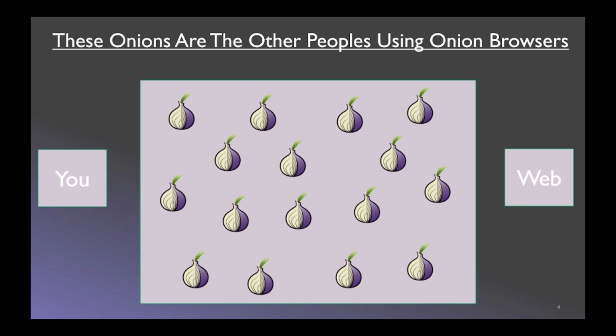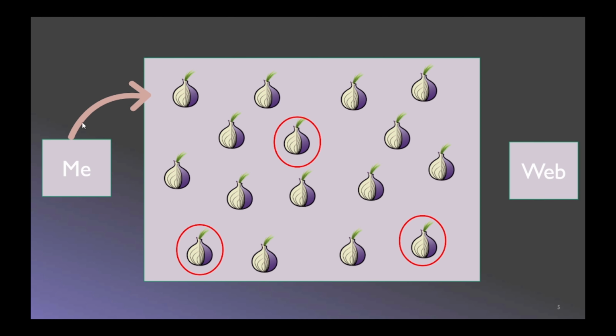So now you want to use the Tor network, but how can you do that? Of course, these onions, or the people using Tor, are connected to each other, and you won't be able to use the Tor unless you are connected to these onions. For example, if you send a request to this Tor browser saying, "Hey Tor, I want to visit Google or Facebook," the browser would take the request from you and pass it to these three people that the Tor had selected automatically and randomly.